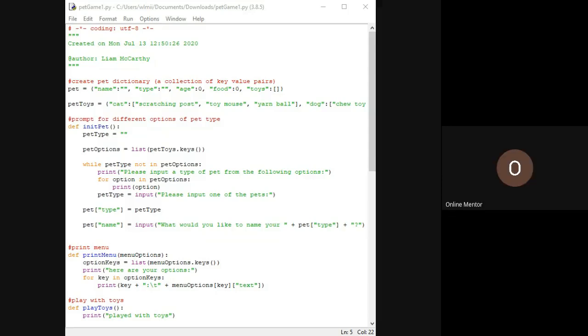I'll just give you an overview of what the game is. It just simulates getting a pet. You get to choose what kind of pet you want. Each pet comes with its own set of toys. So for a cat, there's a toy mouse and a yarn ball. For a dog, there's a frisbee. For a fish, there's coral. So each one of them has its own list of toys, and then